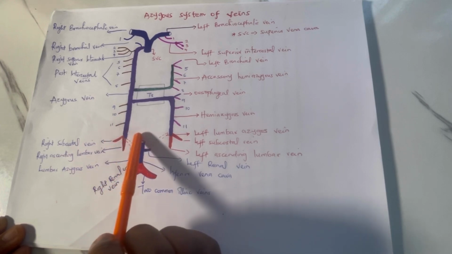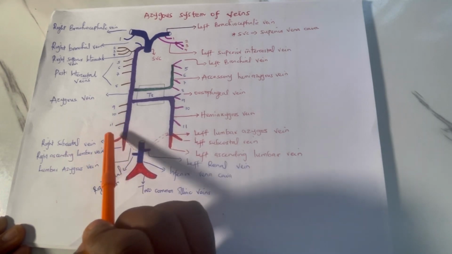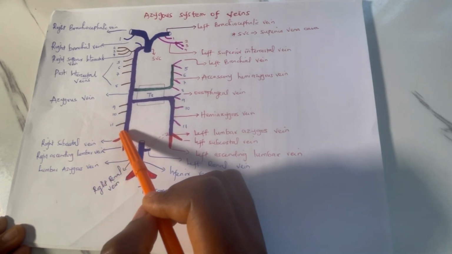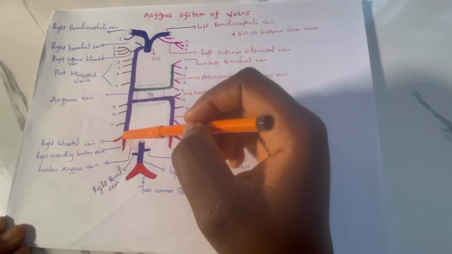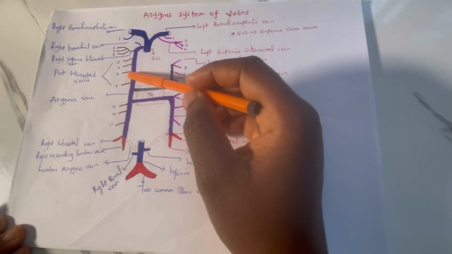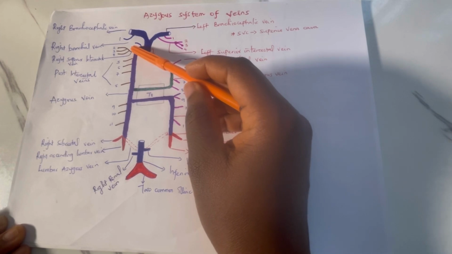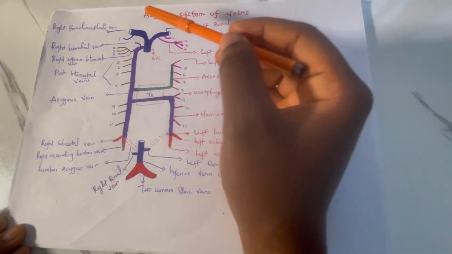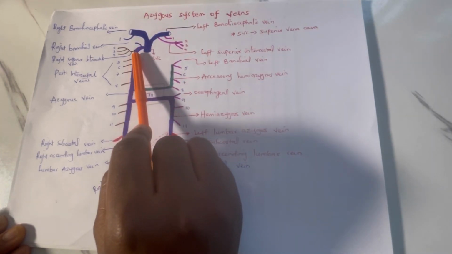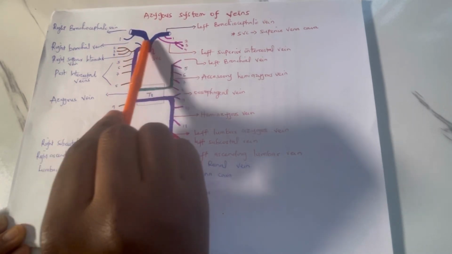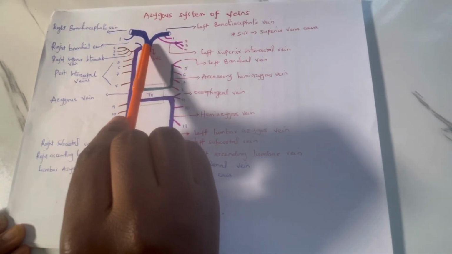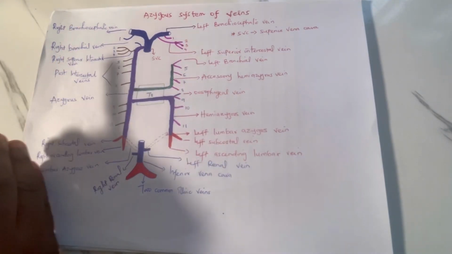So the azygos vein leaves the abdomen, passing through the aortic opening of the diaphragm, which is present at the level of T12. Once it gets to the aortic opening, it ascends up to the level of T4, the fourth thoracic vertebra. Now, when it gets to this point, it arches over the root of the right lung, because we are still talking about the right side of the body,